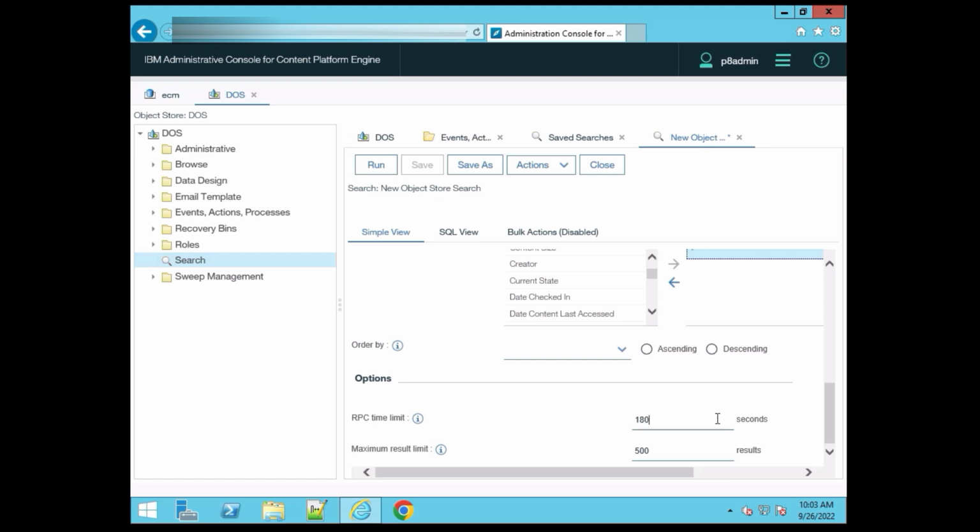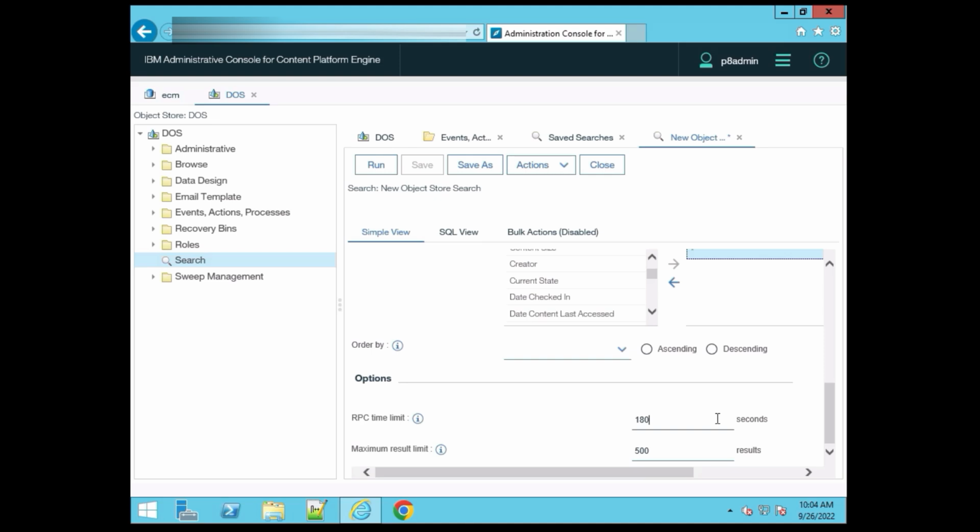So maybe I search for test. Let's suppose test documents are those with test mentioned inside any document name or document title, and there may be lots of documents,